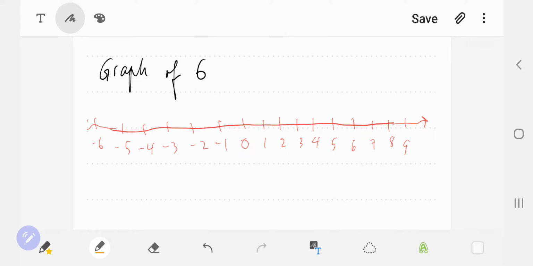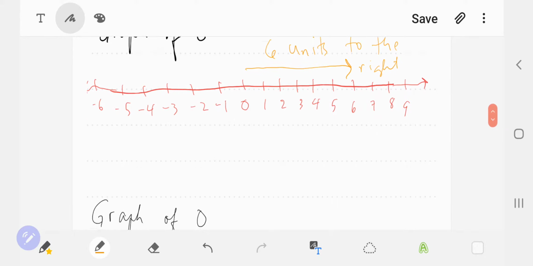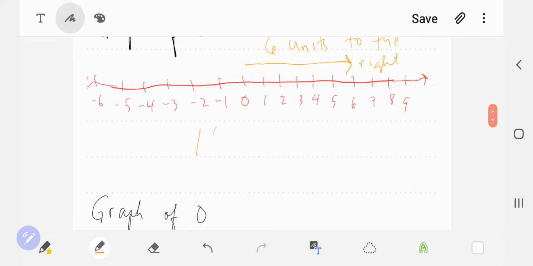Okay, so here's the number line, and this is 6. 6 is located on the right side of 0, and we will therefore count beginning from 0. Okay, it stops in here, so that's 6 units to the right. And so when we write the symbol, that's